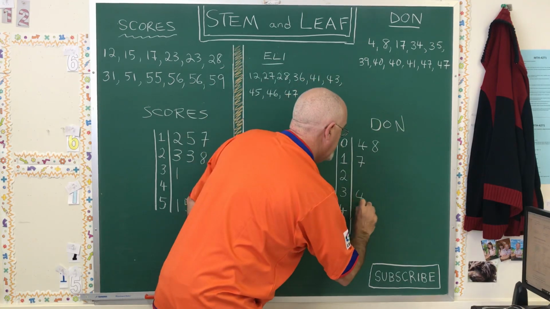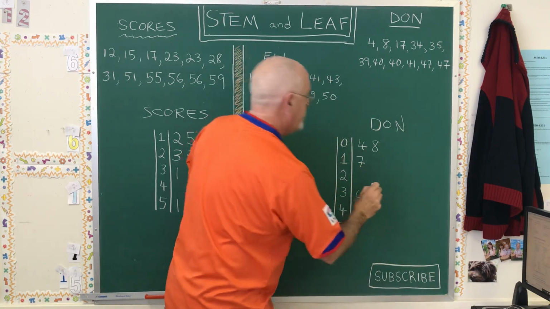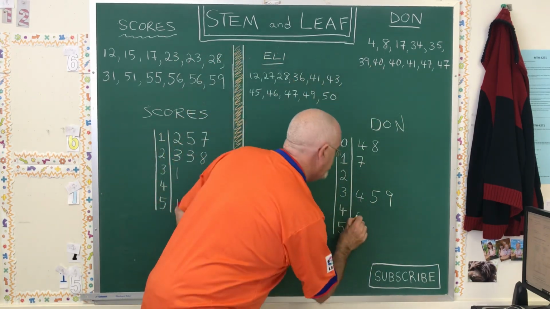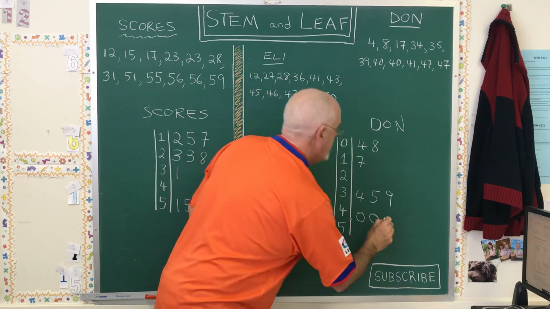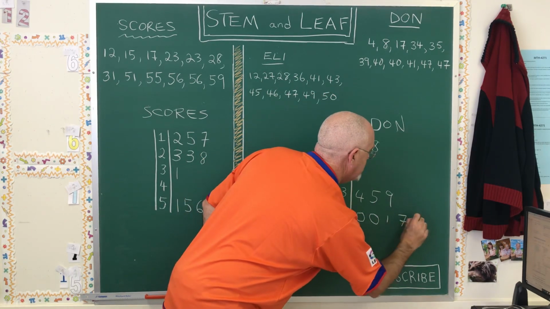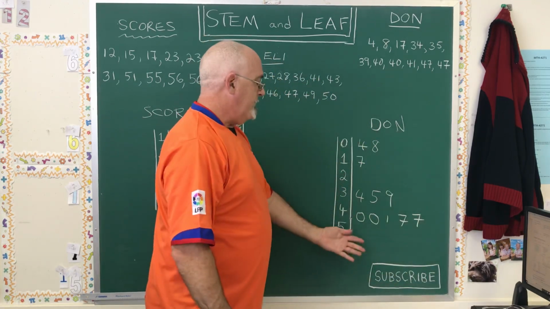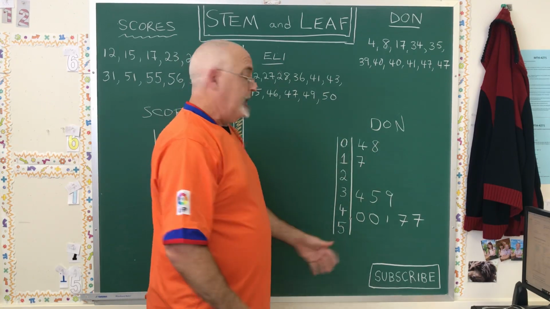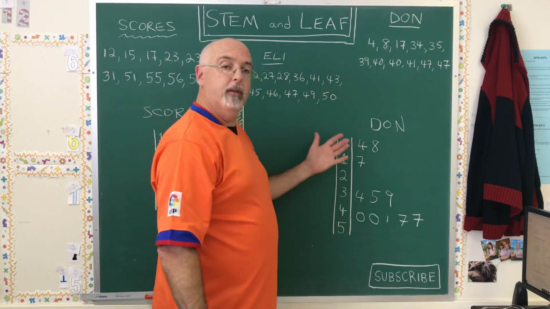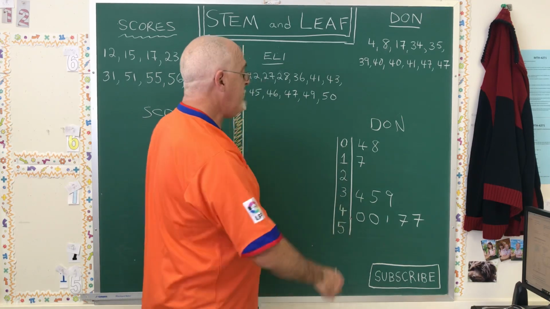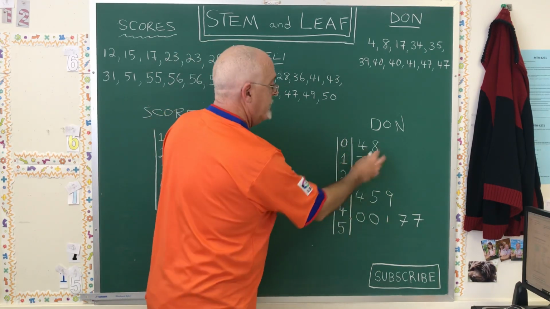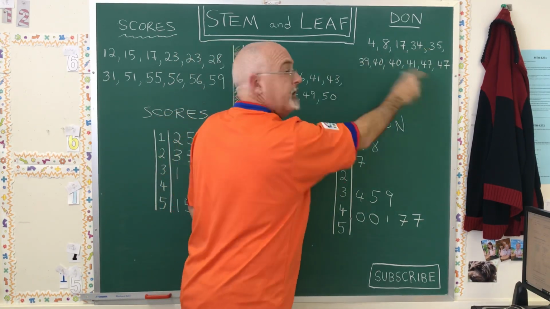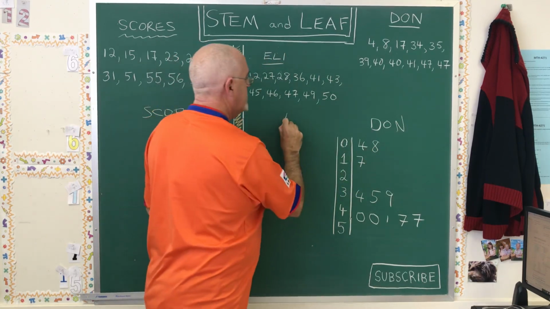34, 35, 39. And we have 5 values in the 40s. 40, a second 40, 41, and 2 47s. We can read our data. Notice how I show a 2 even though I don't have any numbers in the 20s. And this time I'm showing a 5 even though I don't have any numbers in the 50s. But I can read my data and I get the same set of 11 numbers as I would have gotten if I read this. Now Eli is going to be on this side,